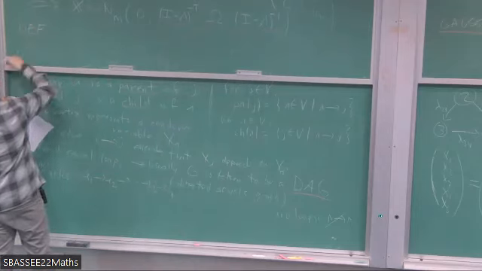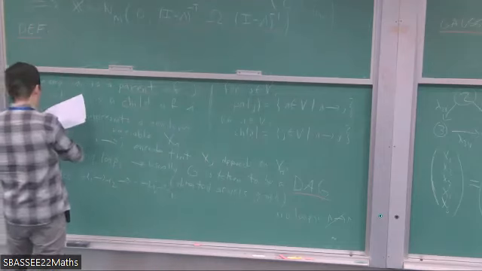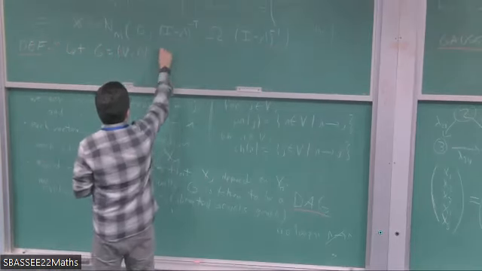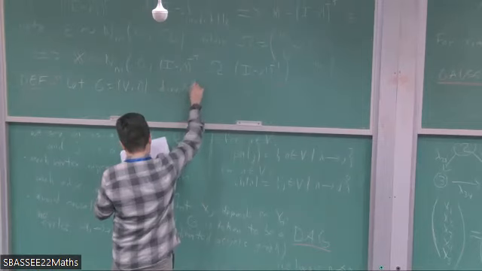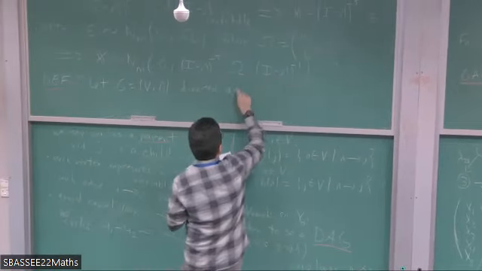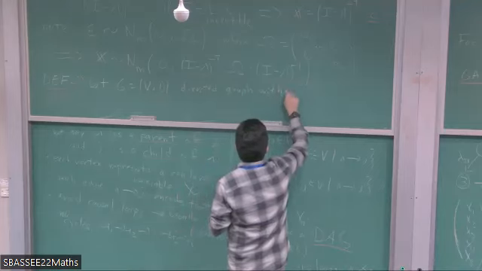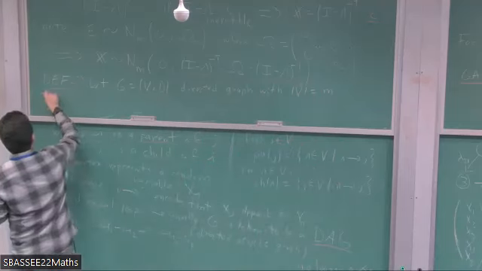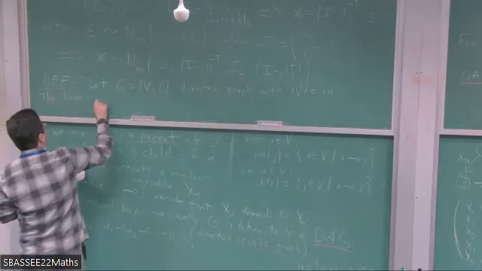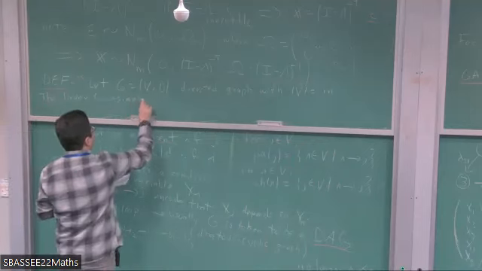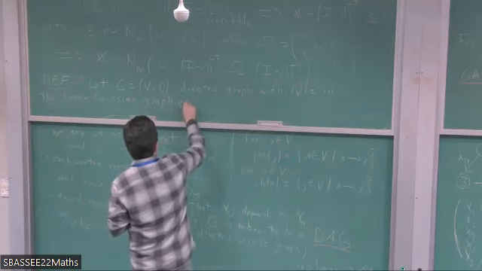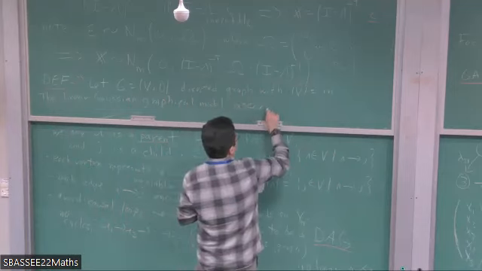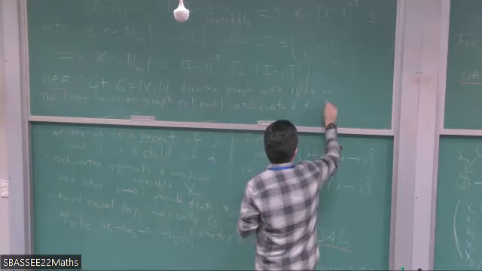So, definition: let G be a directed graph with m vertices, then the linear Gaussian graphical model associated to G is